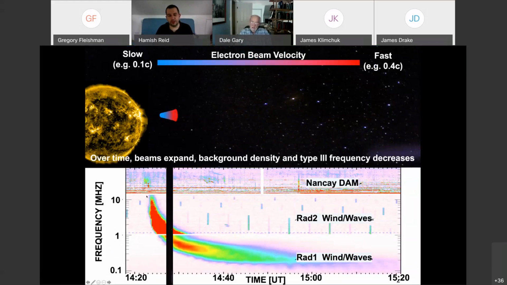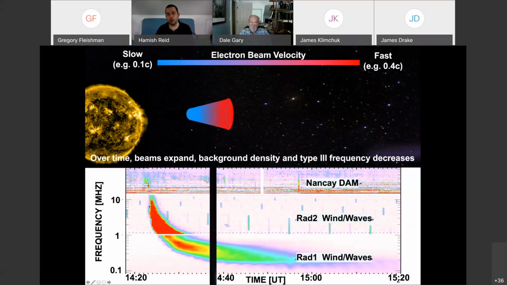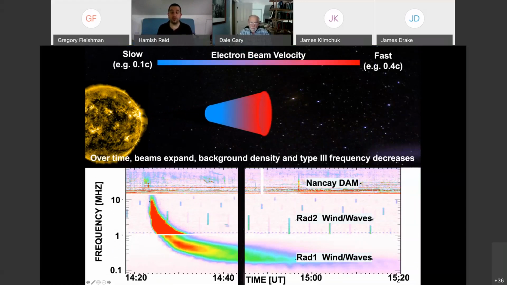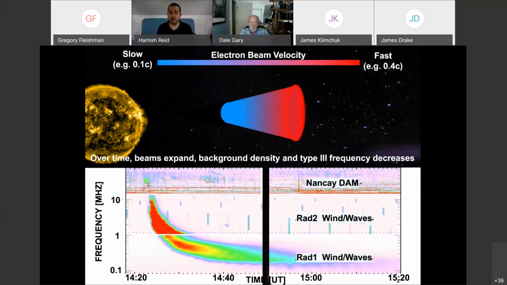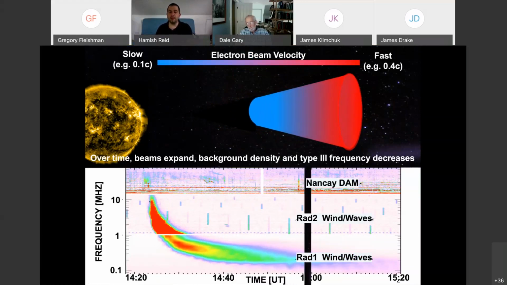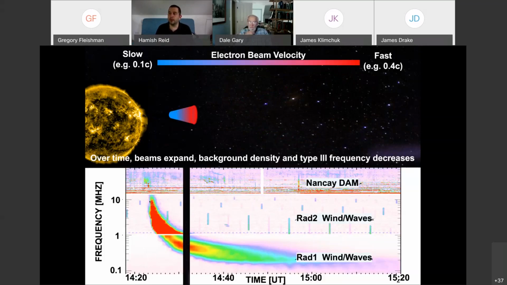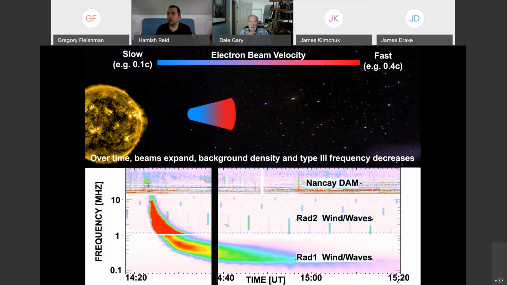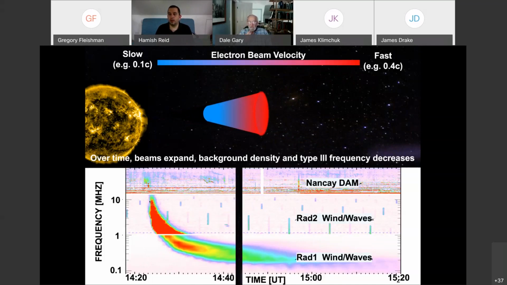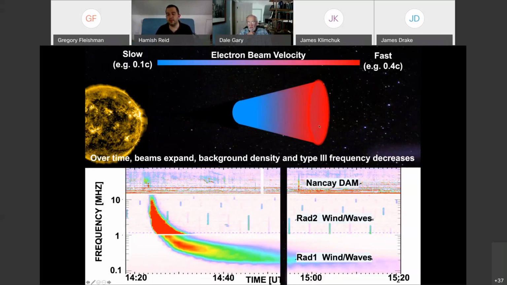So this here is just showing you that this type 3 burst has been observed by Wind Waves. Wind Waves didn't see any of these fine structures, or rather we didn't see discrete striae. There may still be fine structure within there, but this sort of cartoon isn't really discussing the fine structure, so to speak, more just the bulk electron beam moving out. No, that's what I'm trying to get at, though. Is the beam really covering this much territory in the corona at one time? Ah, you mean the size of the beam at the top?